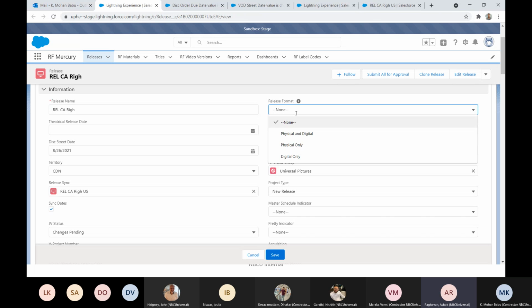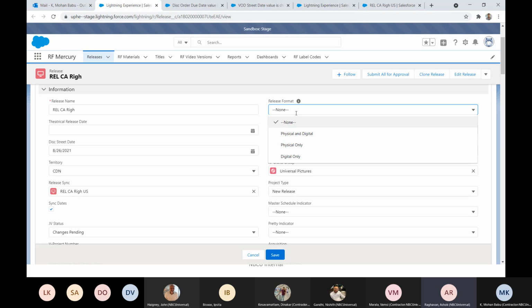It is only internal. So if someone changes a release from physical and digital into digital only, the system will automatically change the status. The release format can be changed only if it is in the draft status, and from draft status it will move the status to internal. So if you change it to digital only, it will change the status to internal.